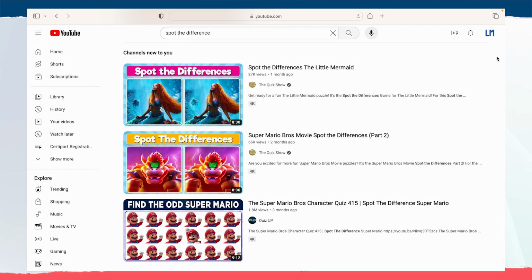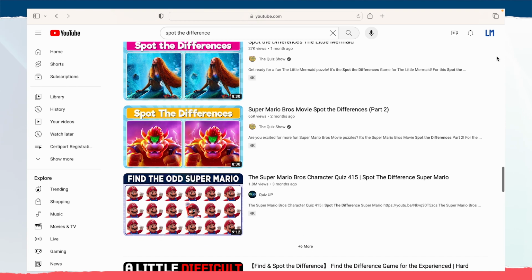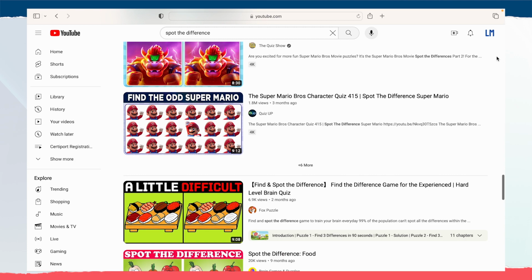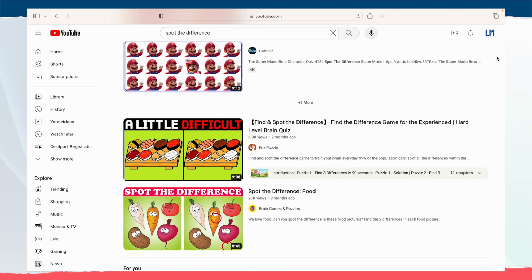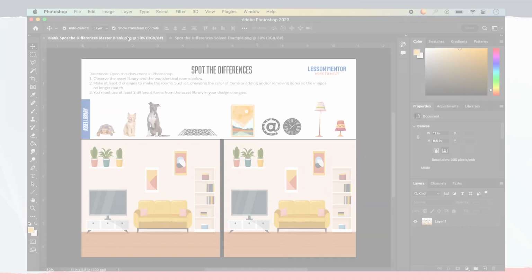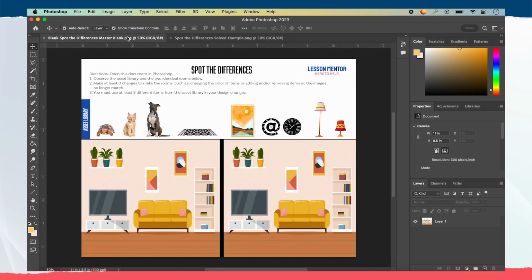Spot the differences challenges aren't anything new on YouTube. You can find them all day long over and over again. But have you created your own? Well, today you will. You will take this document and make some changes to it